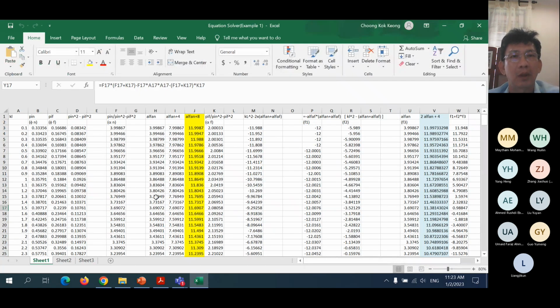Now this is one way, an Excel file that I have created to solve a problem like this, especially involving slope deflection equations. So this asks for some other cases. So what I'm trying to